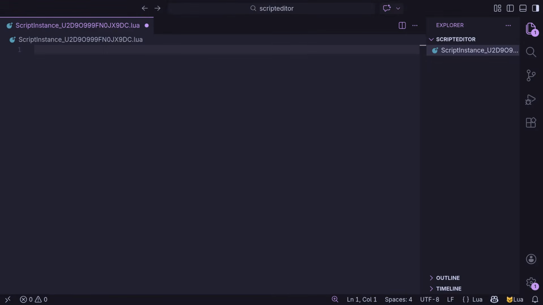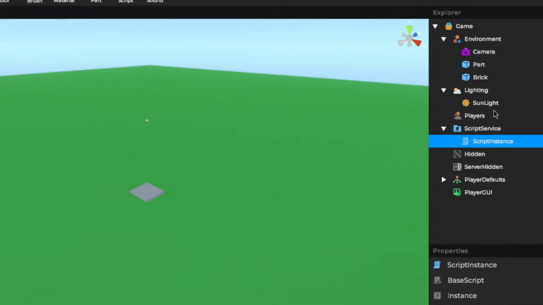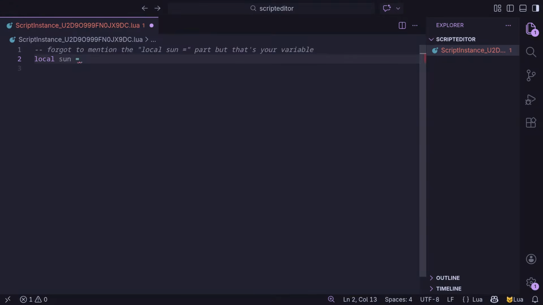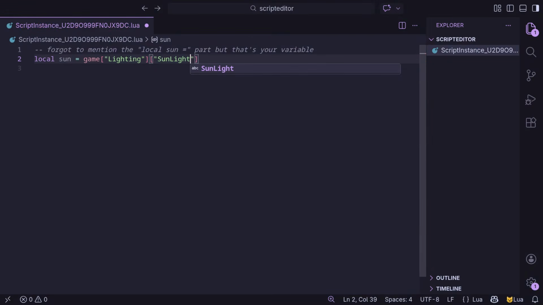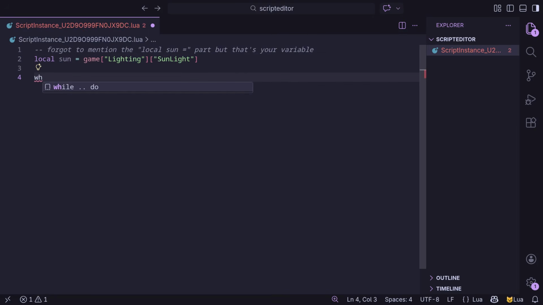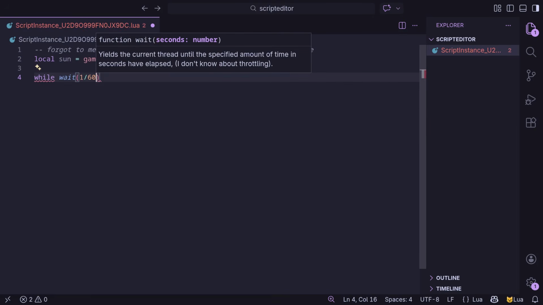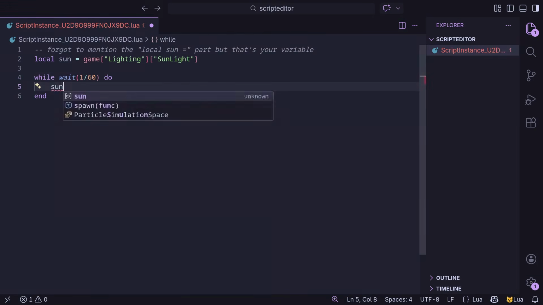To access objects in the script, you need to use brackets and quotes, so if we wanted to access sunlight, you would write game, bracket, quote, lighting, bracket, quote, sunlight. We can then use the sun variable later in the script, so for example we can make a day-night cycle using a while loop, so we can write while wait 1 divided by 60, do sun.rotate